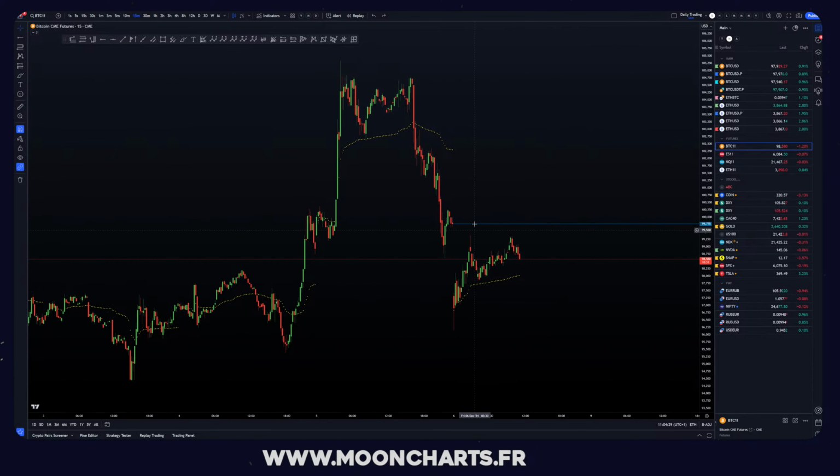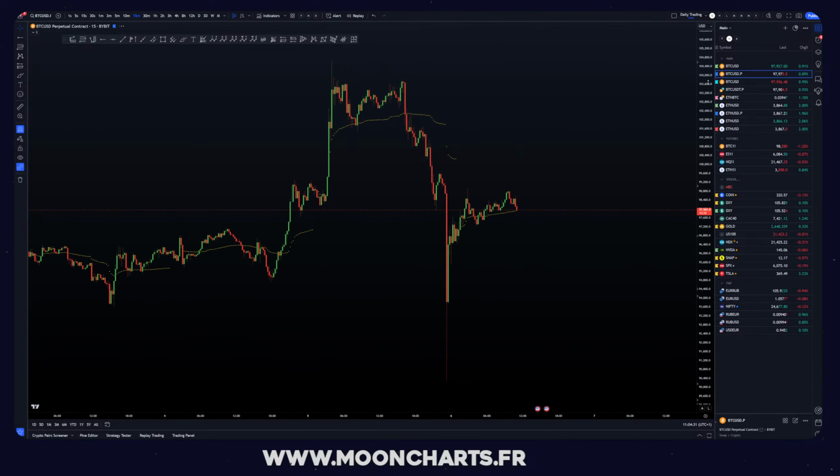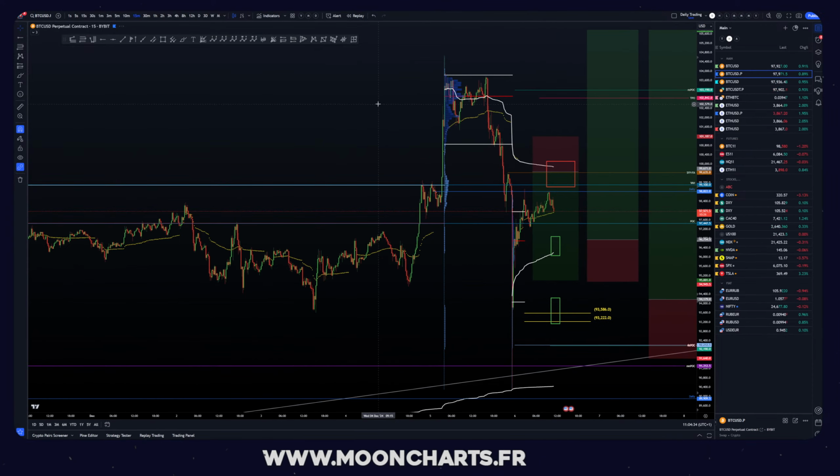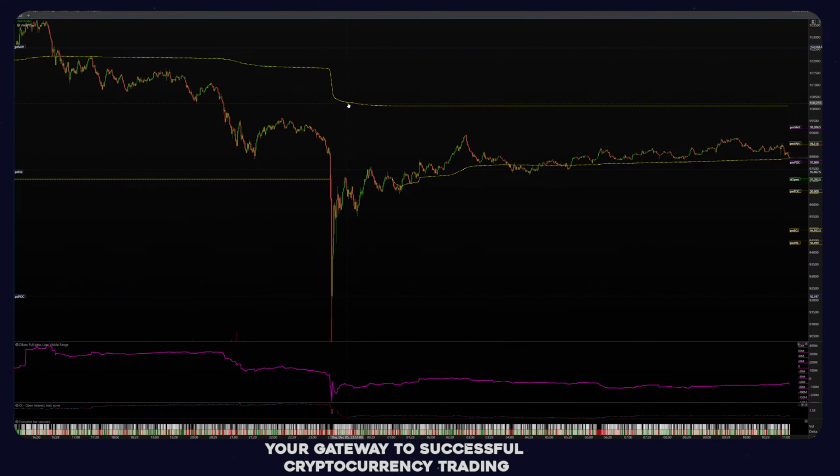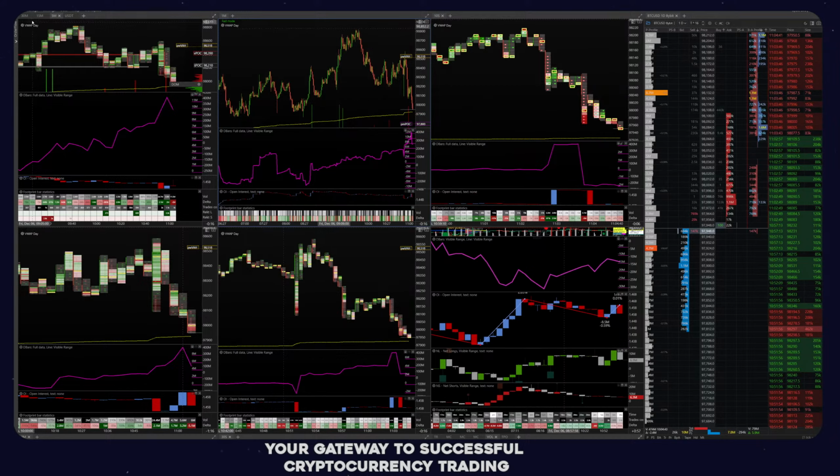Okay, but be aware of this gap top here, very important too for the short trade, if you want to get a short trade. And if we retrace from here directly, here are the targets. And by the way, this is what I wanted to check first of all, the current state of the order flow. So let me see.